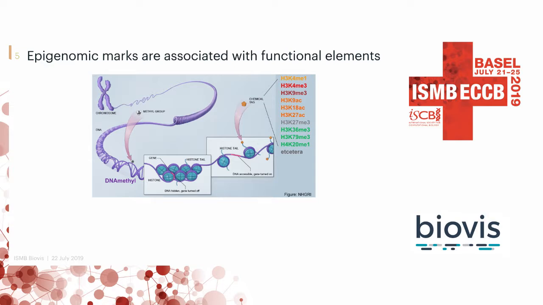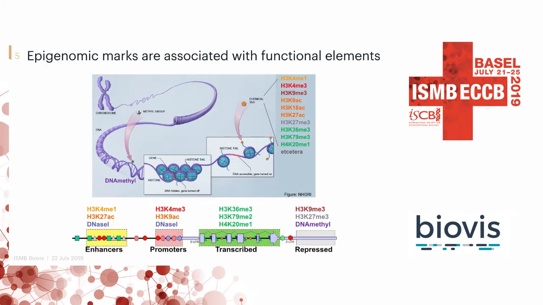The general idea is that different regions of the human genome can be tagged by different chemical entities that turn out to be highly predictive of what the functional role of that piece of DNA in that particular cell type is. So for instance, if you have a lot of H3K4 monomethylation, or orange, you are likely to be some sort of an enhancer. If you have a lot of K36 trimethylation, you're likely to be a transcribed region in that